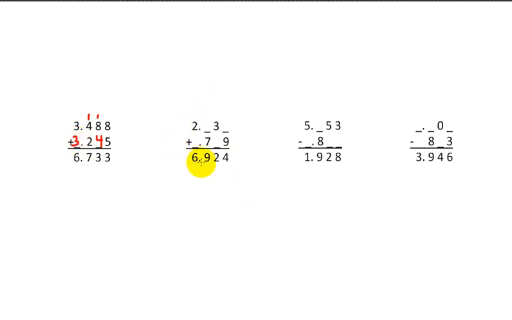Let's move on to the next one. This one's missing more numbers, so this is a little more difficult. As we move on, they're going to be becoming more difficult. Okay, so